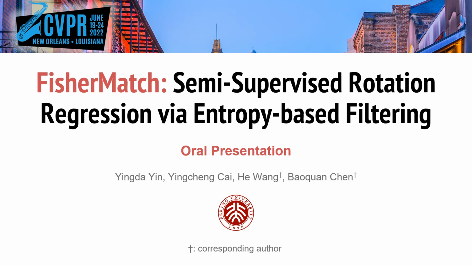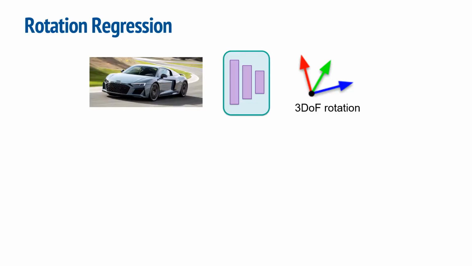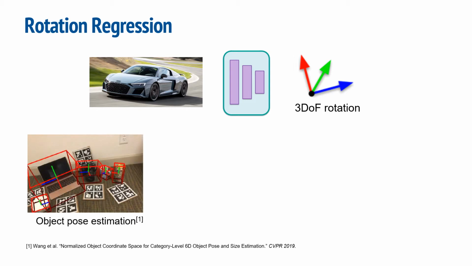In this video, we present our work, FisherMatch: Semi-Supervised Rotation Regression via Entropy-based Filtering. Incorporating neural networks to regress the 3-degree of freedom rotation from a single image is an important yet challenging problem. It has become one of the key technologies in a multitude of applications, such as object pose estimation, camera localization, and